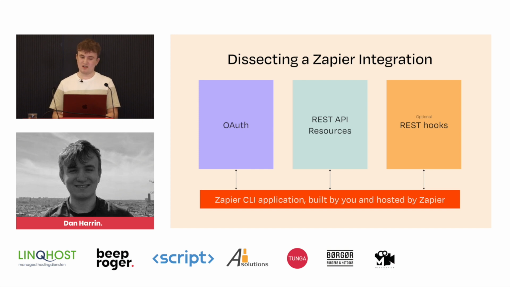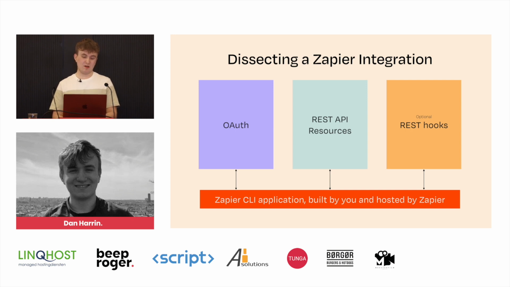The first part of that is going to be OAuth. So no users want to be juggling around API tokens between multiple apps because that's just not user-friendly whatsoever. So we have an OAuth integration. In Laravel, that will be Laravel Passport. So we'll set up Laravel Passport, and we'll make sure that Zapier is able to communicate with that.